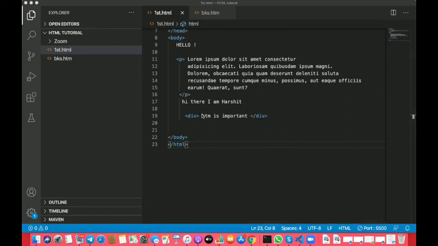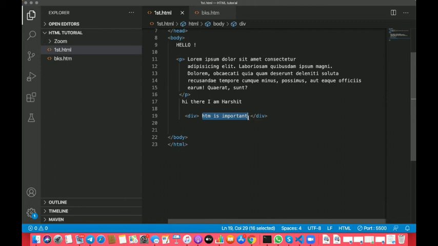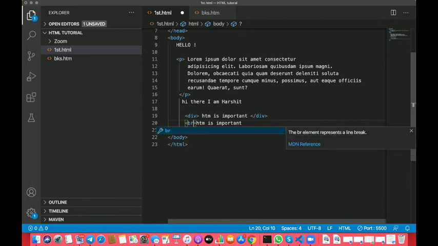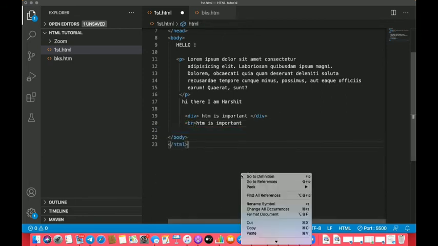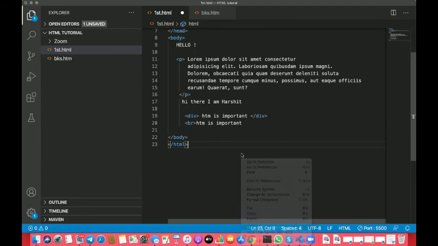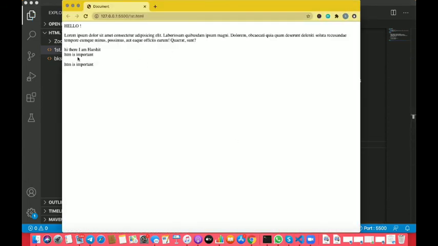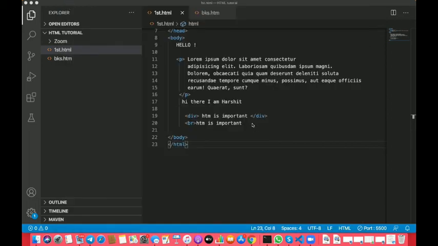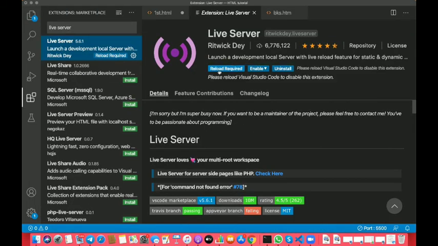Now I will tell you why. Because this is a block element, which we will be discussing later in the playlist. Inline and block elements we will discuss later in this course, so the difference between the division and br tag we will discuss later. So this is the basic difference, that this one is an inline element and this is not an inline element. So now let's make some notes.